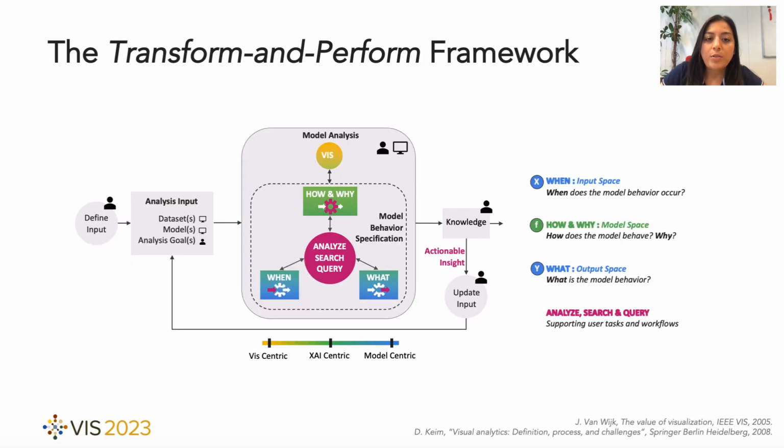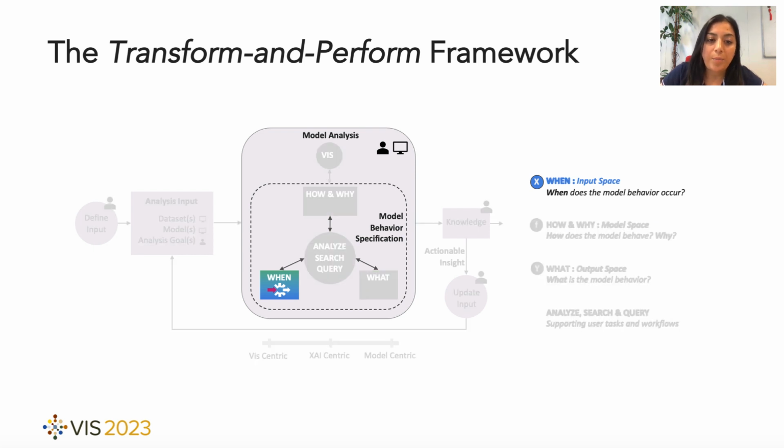We build upon the works of Van Wyk and Keim as the foundation of our Transform and Perform framework, with a primary focus on the model analysis stage. This stage includes components transitioning from a model-centric perspective to one centered on explainable AI and visualization. TNP primarily addresses how VA systems can aid in the model behavior specification component, facilitating model analysis with the 3 Ws, namely the when component, or identifying when the model behavior occurs, with a focus on model inputs and their